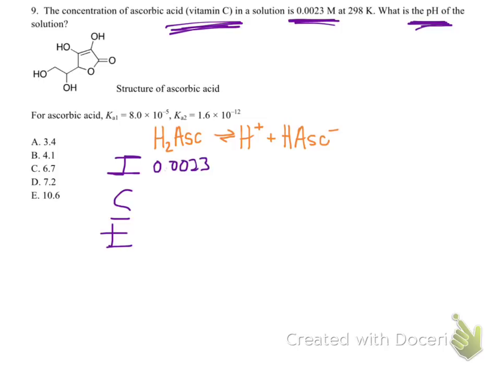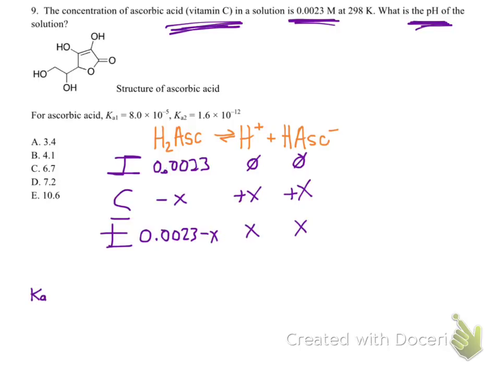0.0023. Unless told otherwise, we're starting with 0 of this and 0 of that. This will be minus x, plus x, and plus x, to get 0.0023 minus x. 0 plus x is x, and 0 plus x is x. Okay, now we need to write out our equilibrium expression. So our equilibrium expression for this is going to be